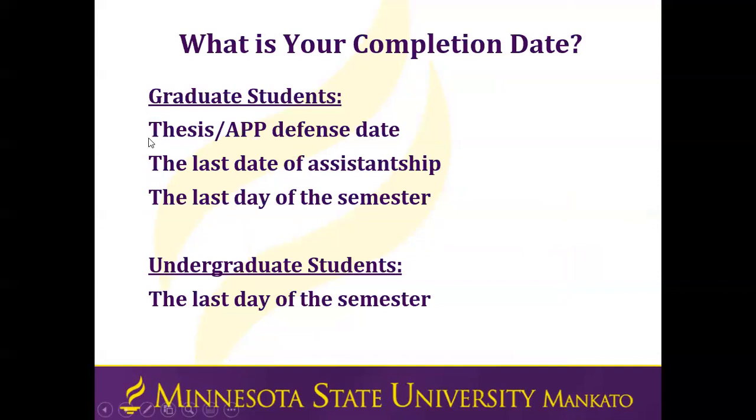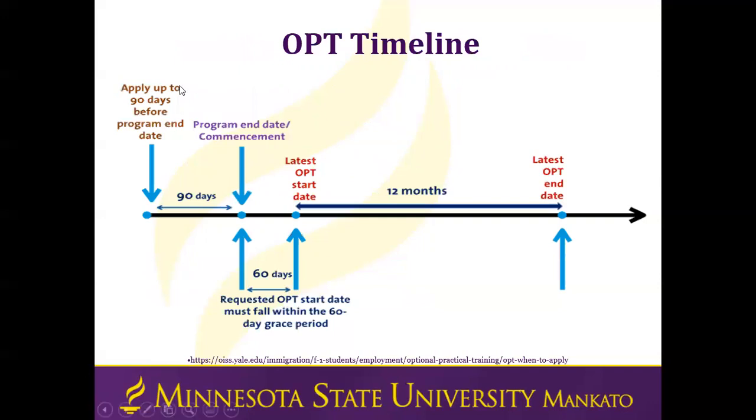For graduate students, it could be thesis, APP defense date, it could be the last day of the assistantship, or it could be the last day of the semester, or commencement. So for graduate students, it could vary on a couple of different things, and it's whatever is the latest date. Whatever date you will be done with all of your coursework and earn your degree, that is that anchor date or program completion date. So that's the date that you want to go off of. Count back 90 days, and that brings us to roughly now if you're graduating,